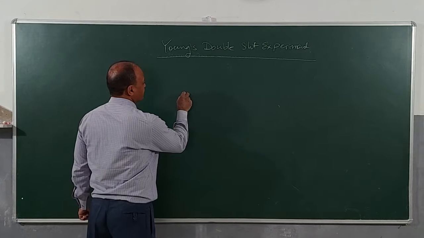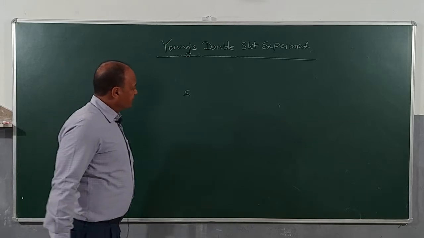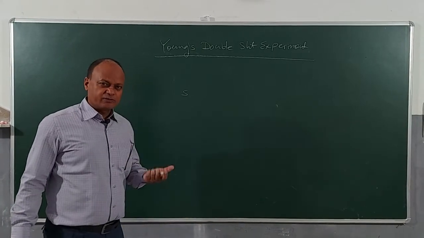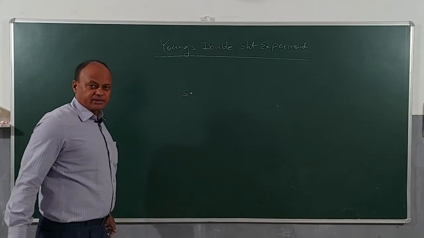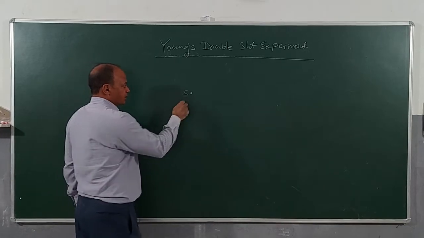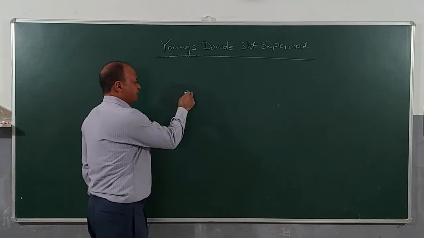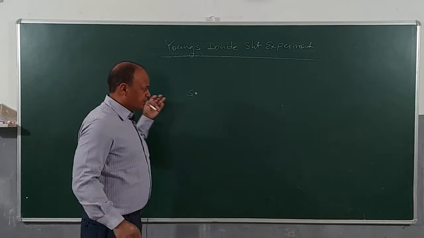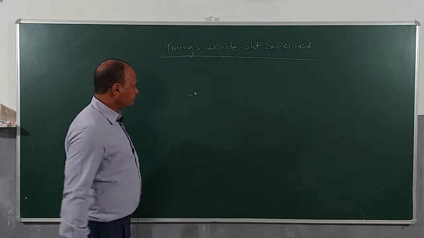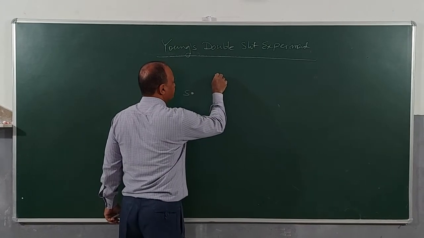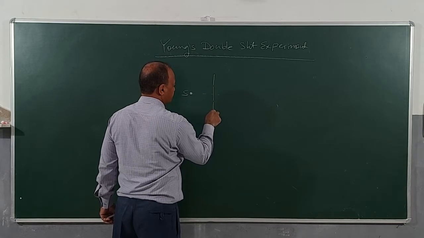Here you have a source S. S is a monochromatic source of light. If I assume S to be a monochromatic source of light or any source of light, then it will be emitting waves in all possible directions. Clear? Imagine I switch on this source of light, the light is travelling. In fact, light will be travelling in all possible directions, but I will reduce this to a two-dimensional problem along the x axis and y axis. Clear? Here I will place two slits. One slit is here and the other slit is here.